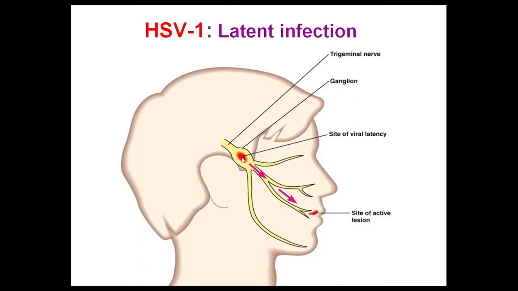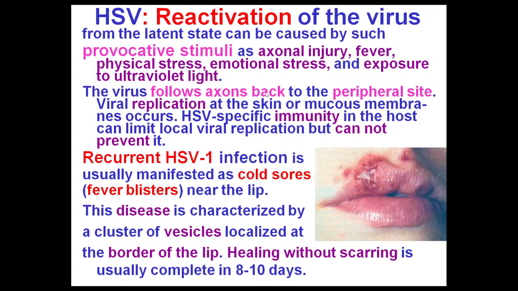Then the infection that will be the result of activation of the virus that stayed already in the body will be called reactivated herpes or recurrent infection. So we mentioned what provocative stimuli may cause this infection. And then the virus, following axons, goes back to the peripheral sites and replicates again in the same cells where it usually causes the primary set of replication. And it is important to understand that immunity in the host is developed, and individuals will be immunoglobulin positive. But then this antibody cannot act locally and cannot prevent the recurrent infection of the HSV1,